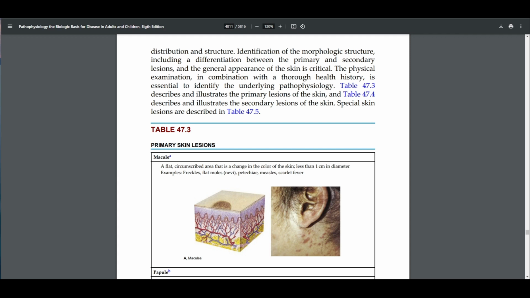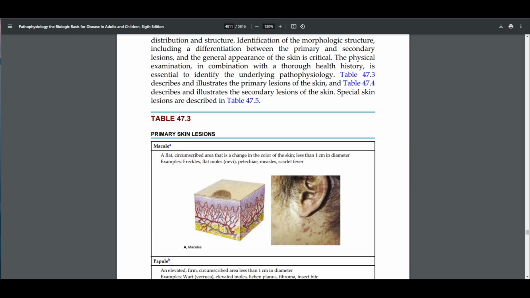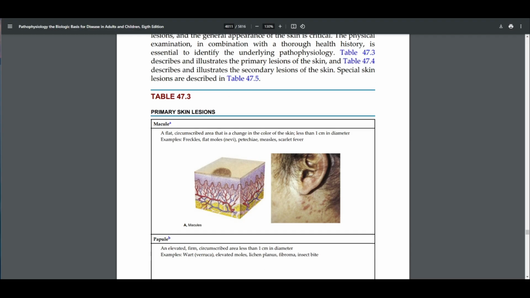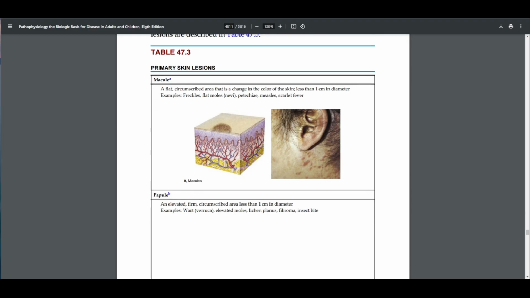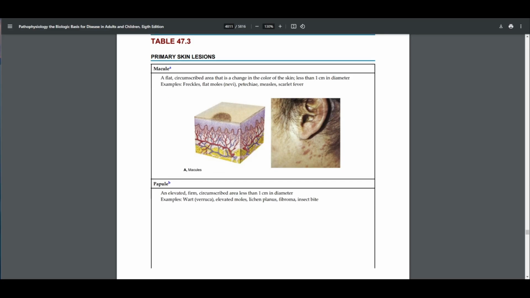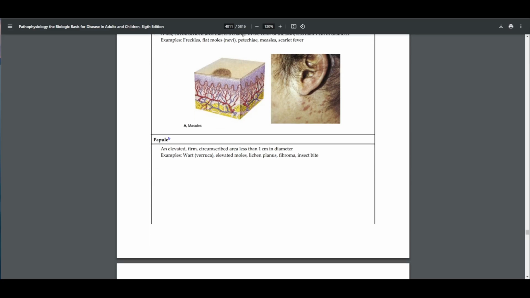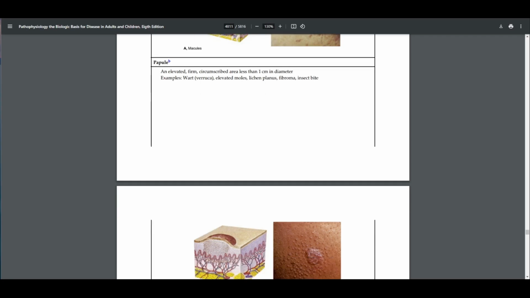The following table describes and illustrates the primary lesions of the skin, followed by a table that describes and illustrates the secondary lesions of the skin. Special skin lesions are described in the following table after that. So we've got three tables that we're going to be hitting pause at, so that you can look at different types of lesions. So here we're looking at a macule, followed by a papule,